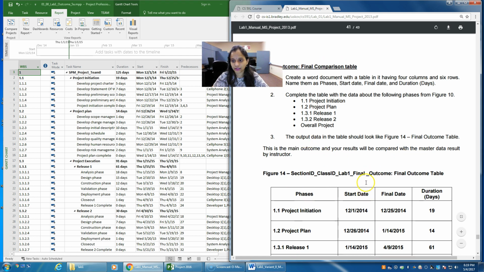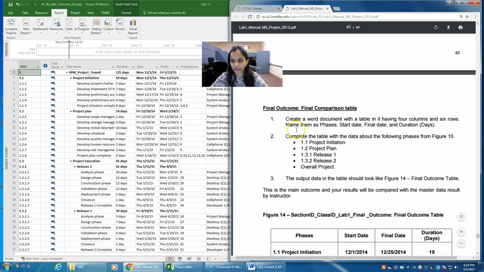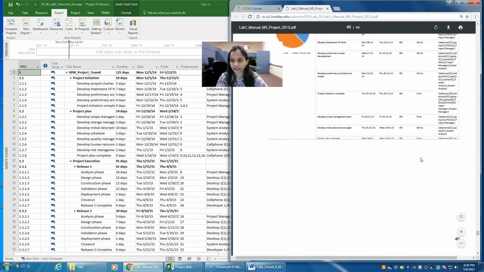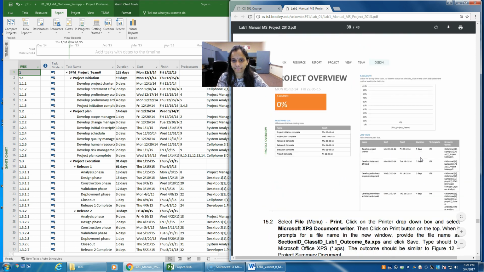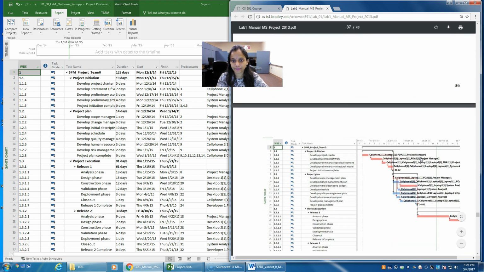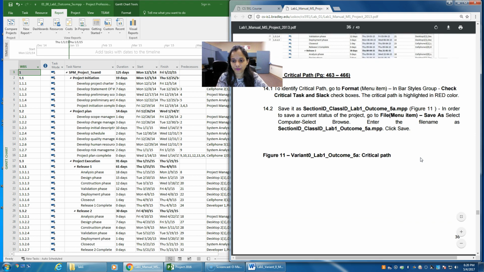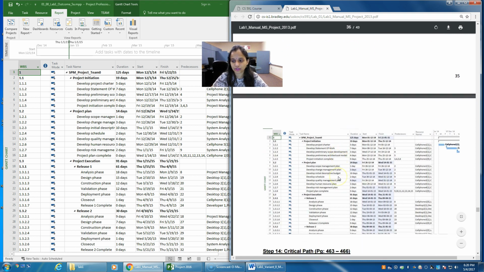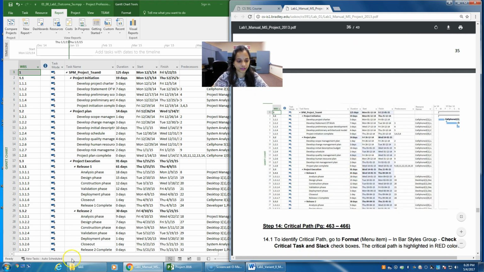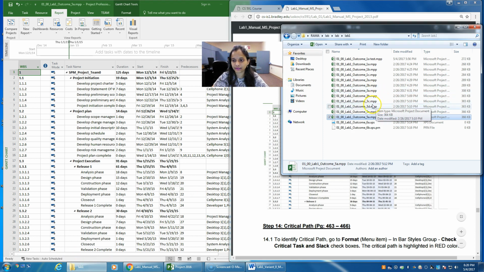So the output data, if you look at it, says complete the table with the data about the following phases from figure 10. I'll just show you what figure 10 is and which file that is. So this is figure 10, the 3E file: Gantt chart view after leveling the resources. So this is figure 10. I'll open up my 3E file,